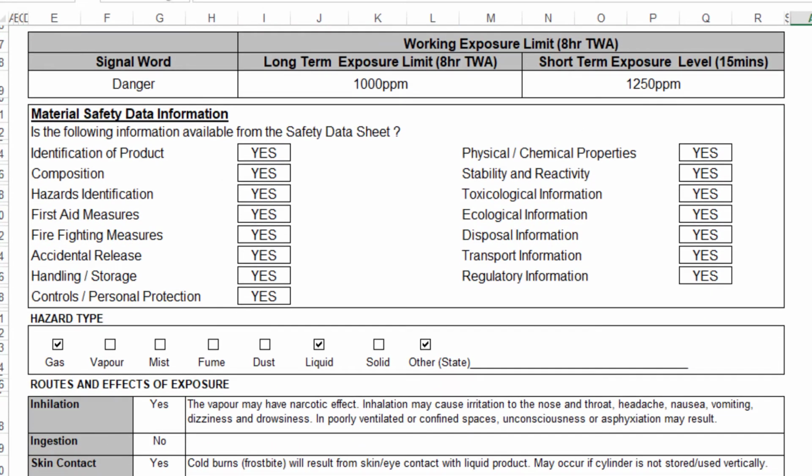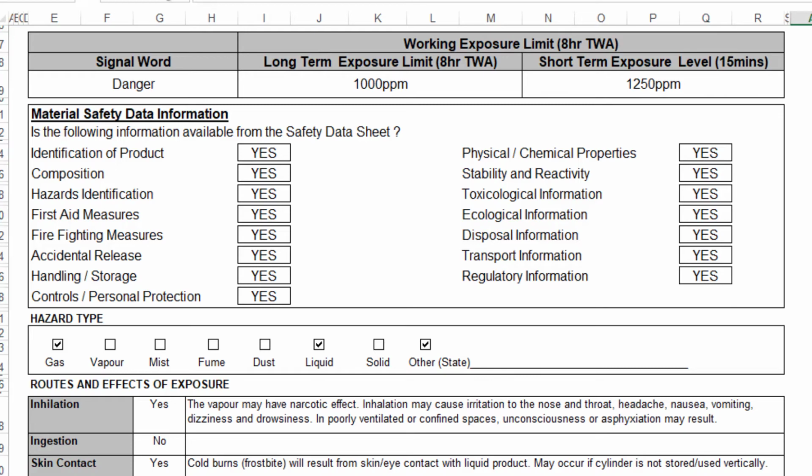Likewise, we have also looked at the safety data sheet and identified certain information that's appropriate to us in whether we need to understand handling and storage, controls and personal protection, etc. We've also identified the hazard type as a gas and liquid. And here we've got the routes and effects of the exposure. So we've identified those based on the safety data sheet and the practices that we follow in our workplace, that it's associated to inhalation, skin contact